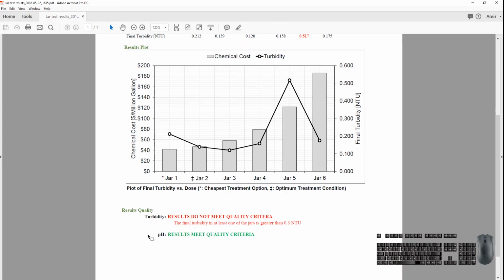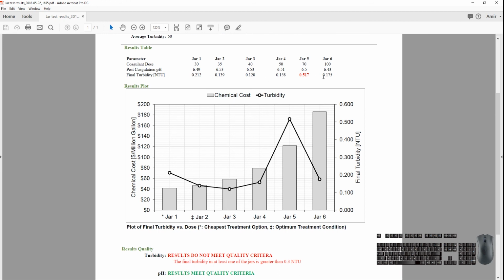The last thing we have is this results quality check. We see that we get a warning for the turbidity. This is because the turbidity in one of the jars was above 0.3 NTU. And if we look back up to the results table, we see that yes, the turbidity in jar 5 was